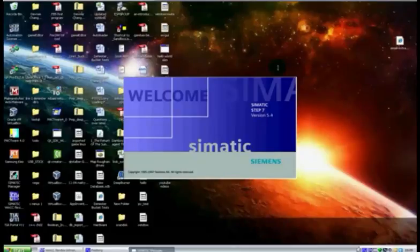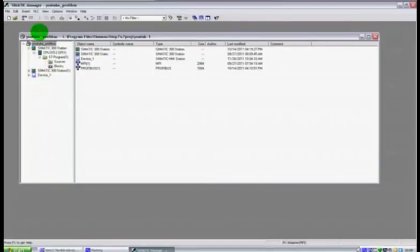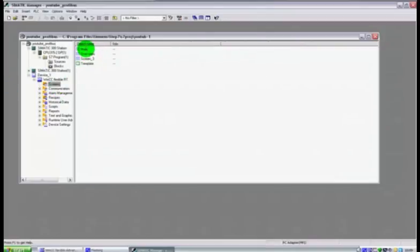But now, if everything's worked okay, it should open up as our project page, and there we go. We see that our project has opened up as a default project because that was the last project I had. But if you notice here, we now have the HMI that's been added to our project. Prior to this, it wasn't there. So now you have access from your S7 Manager to your screens that we saw there, our main, our overview, screen 3 and our templates,